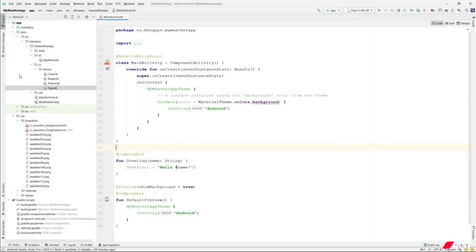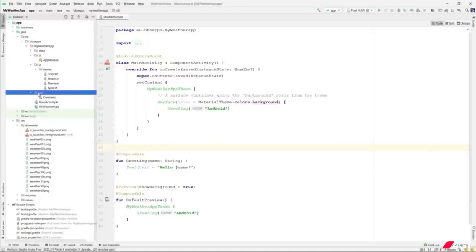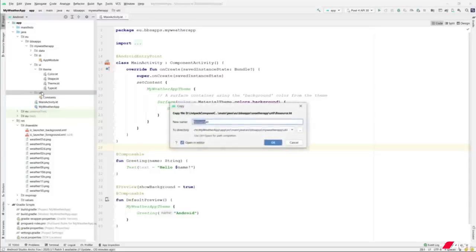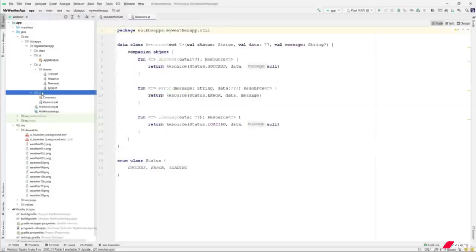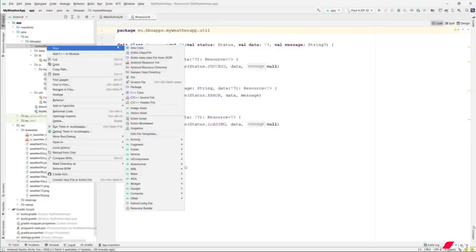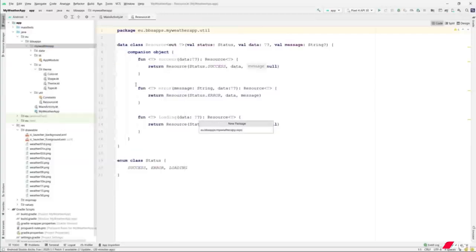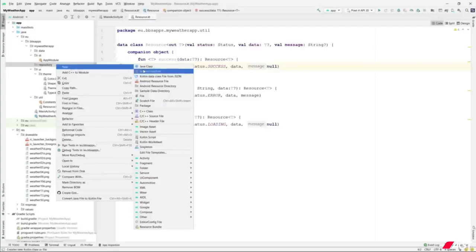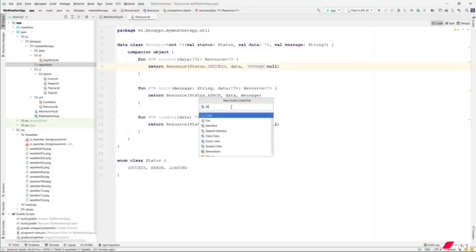First, in our project, in our YouTube package, I'll paste a class called resource, which is almost always used when dealing with remote data. You can find this class in the resource of this lecture. Then create a new package called repository. Inside the repository, create a new Kotlin file or class. It will be called weather repository,